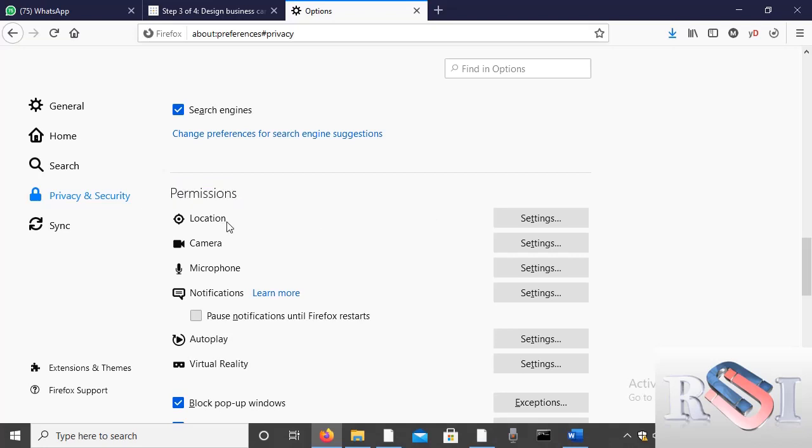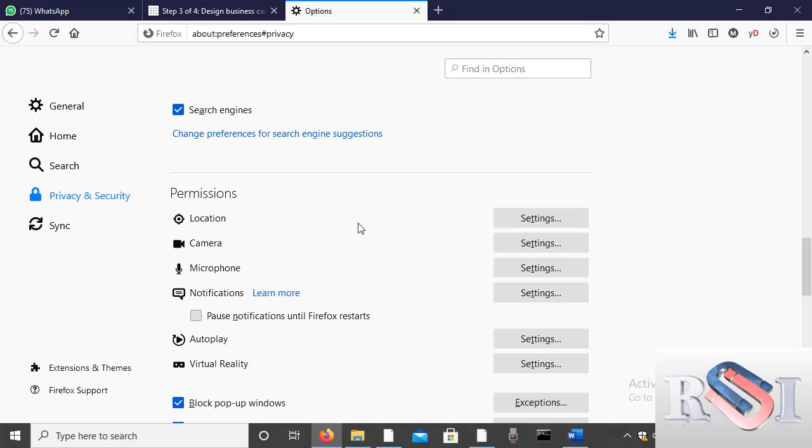Here, you find that there is location. When you enter a website, they tell you that this site wants to show the location of where you are. That's not necessary. Sometimes it is necessary when you have enough data, but if you don't have enough data, it's not necessary. So what do you have to do?